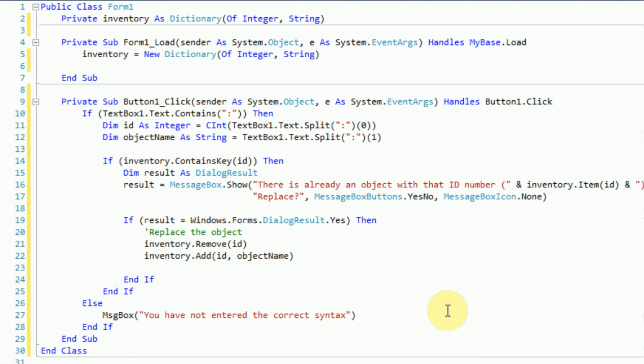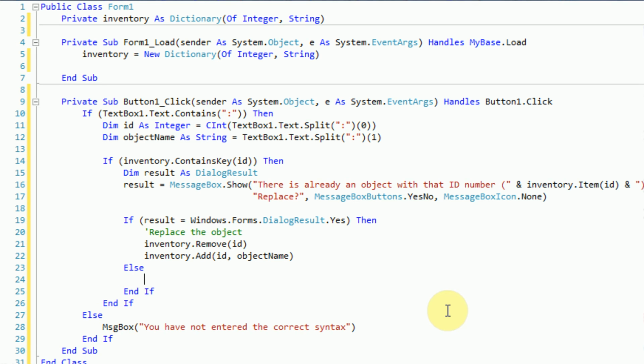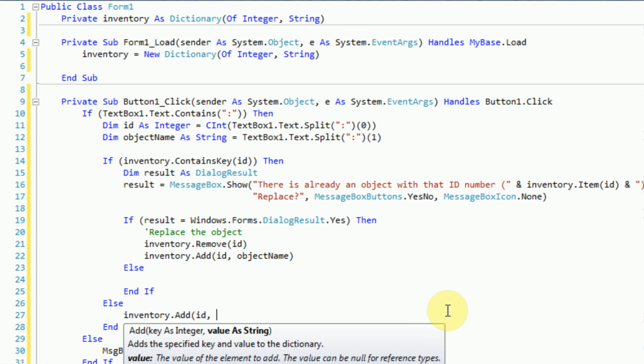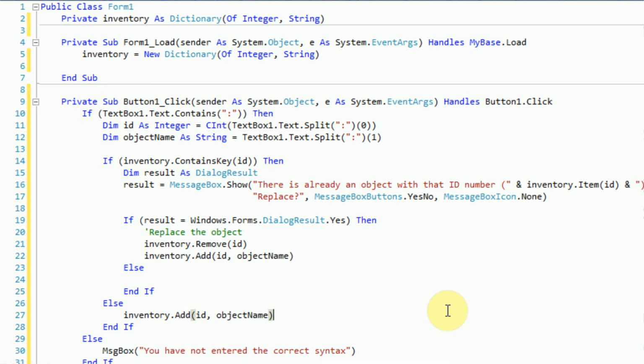And if the user does not want to replace it, then we are just going to do nothing. However, if the inventory does not actually contain the key, then we can just go ahead and add it right in. And of course, once all of this is done, we are going to actually want to add this object to the list box. So listbox1.items.add. And then we're going to say